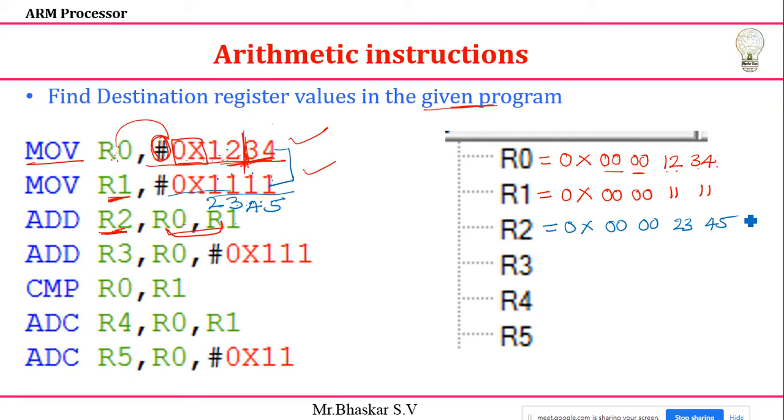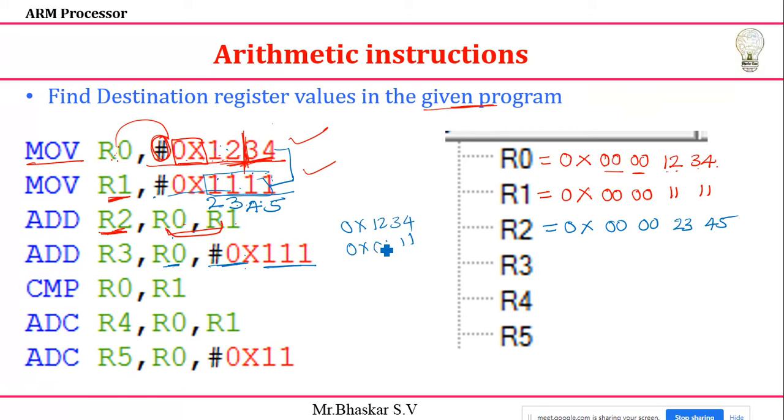We'll verify that one. Next instruction you can see. This is another way. Instead of giving the value here directly, I'm giving the immediate value. The immediate value I'm giving is triple 1, added with R0. What is the R0 value you have? You already know that, 0x of 1, 2, 3, 4. This value is added with 0x of 1, 1. Triple 1 only I'm giving.